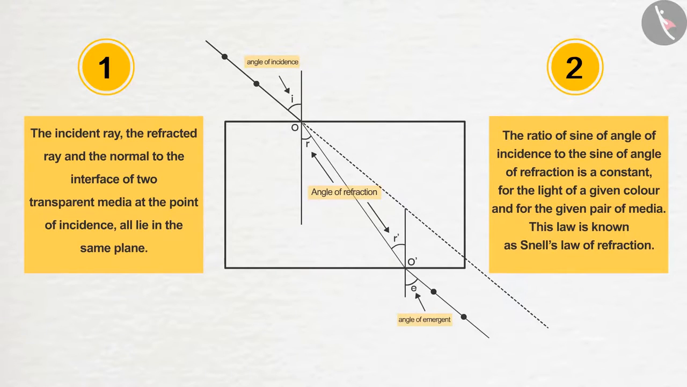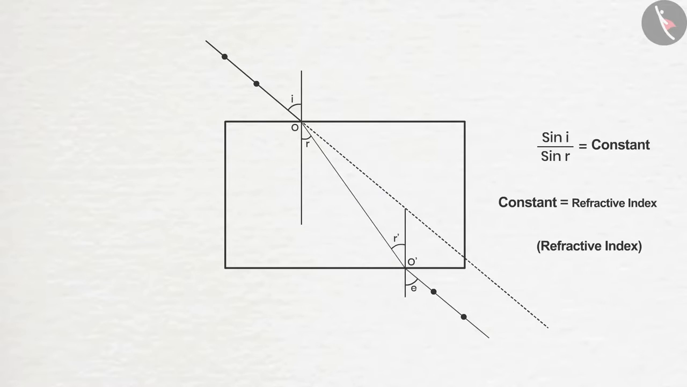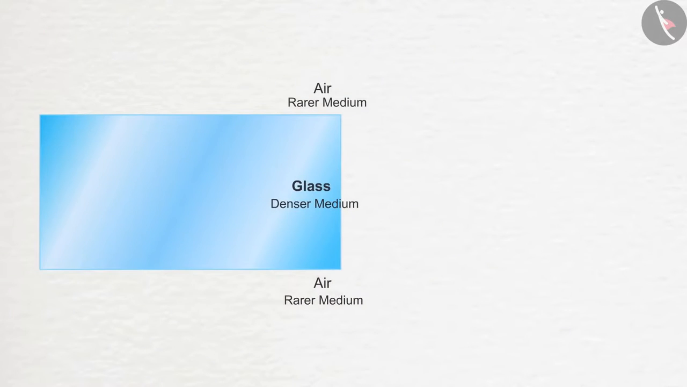The ratio of sine of angle of incidence to the sine of angle of refraction is a constant for the light of a given color and for a given pair of media. This law is known as Snell's law of refraction. The constant we get from the ratio is called refractive index. The extent of the change in direction that takes place in a given pair of media is expressed in terms of refractive index. In addition to it, the refractive index can also be represented by the relative speeds of light